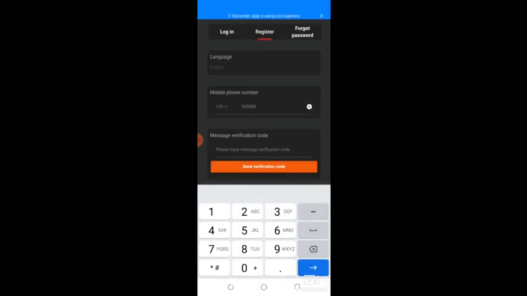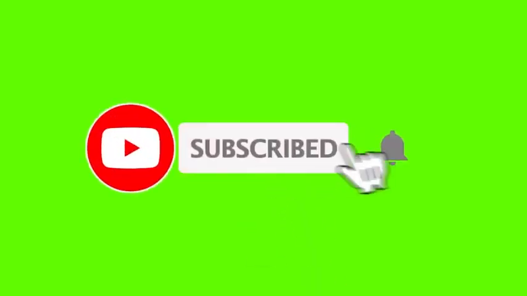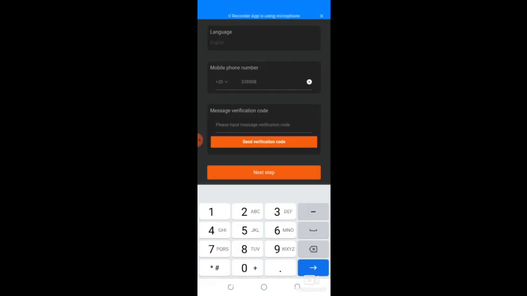The SMS will be sent to this particular number that you are registering with. When you copy the SMS code that was sent, you input it here and click on next step. When you click on next step, your account has been activated, your account has been created.